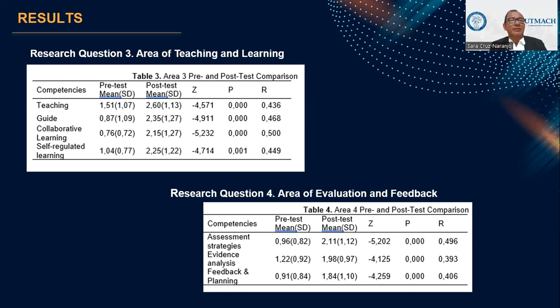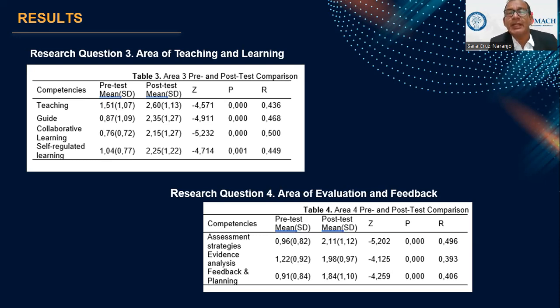For research question number 4, within the area of evaluation and feedback, some improvements were evidenced in some levels of competence of the teachers in training after having participated in the educational experience. For level A1, the number of participants was reduced from 34 teachers, which means 62%, to 10 teachers, which means 18%. At the A2 level, there was a decrease from 17 teachers, 31%, to 15, which means 27%.